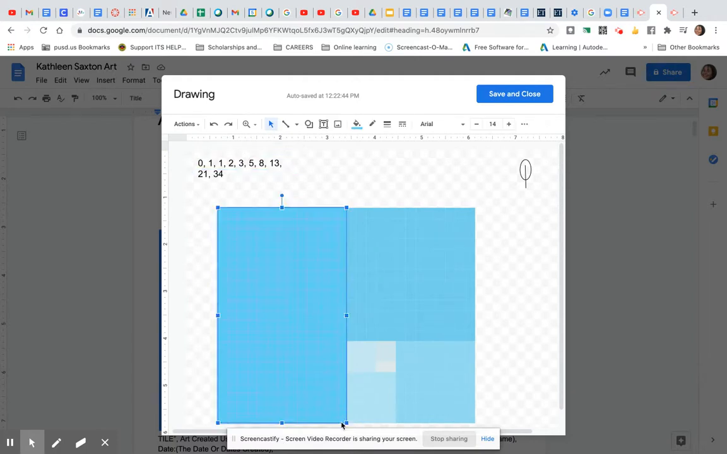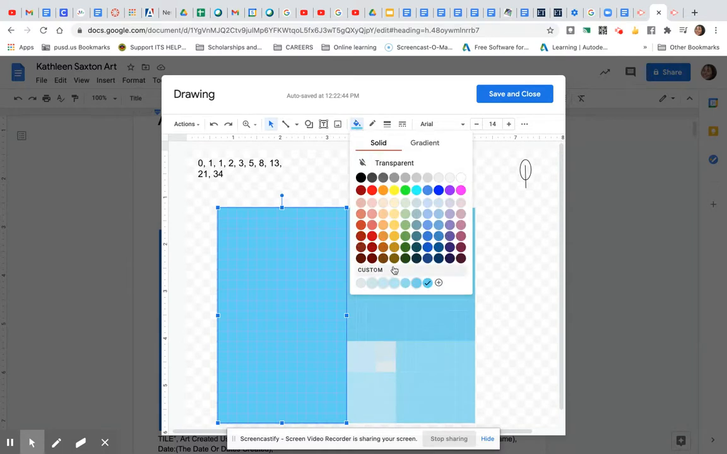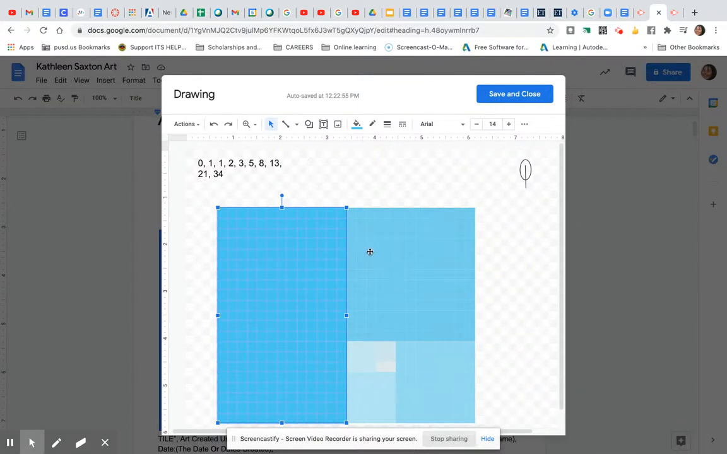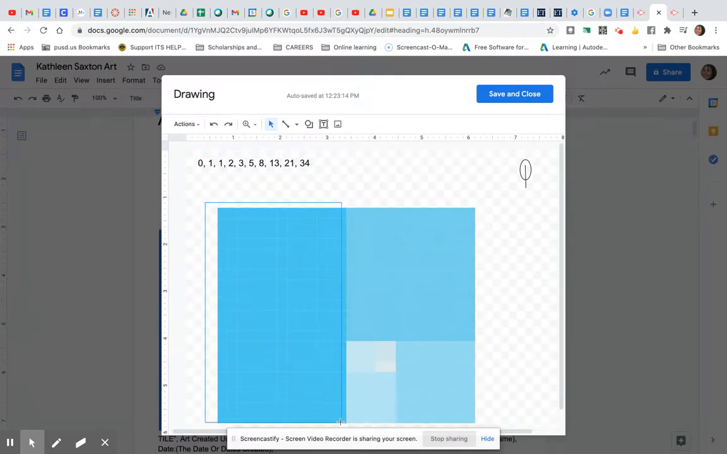So I'm going to grab my piece. Again, I change the color to whatever color seems right. And I'm going to copy that. So this gave me the 5 plus the 8, which was 13. Now 13 plus 13 gives me 26, but the next number is 21, not 26. So I'm just going to go in and I'm just going to copy it and get my 26,